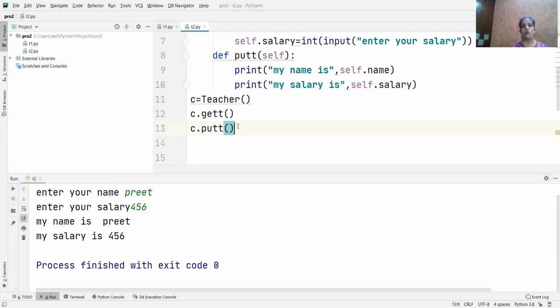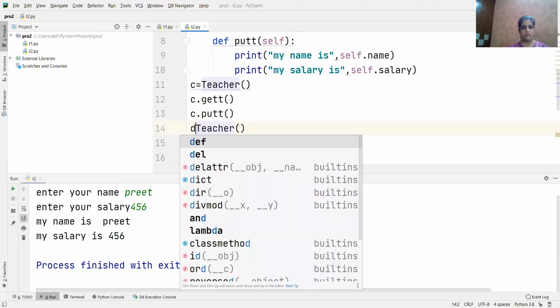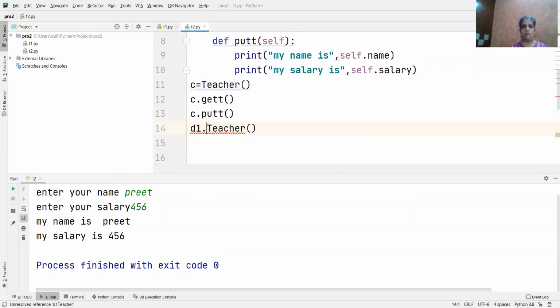Now if I want to call another object here, say as c1 dot teacher. Okay. और क्या हो गया c1 में? Let me give another variable.